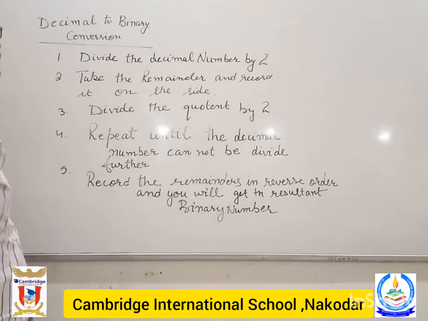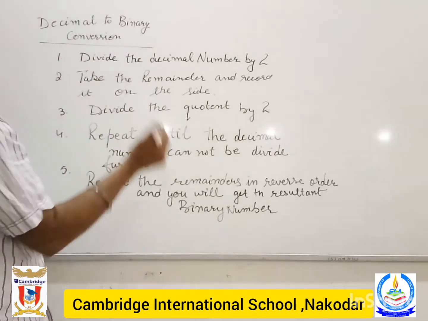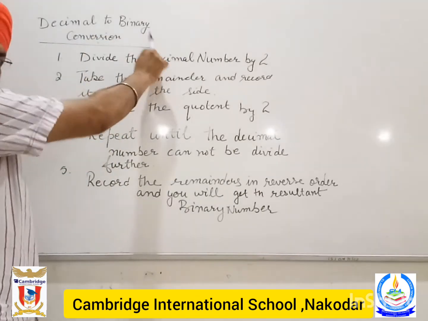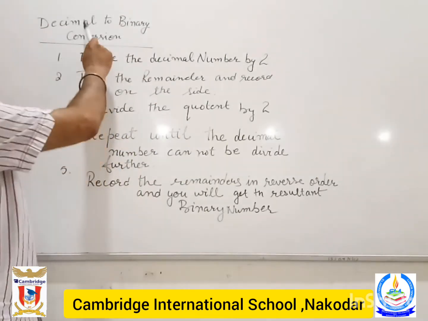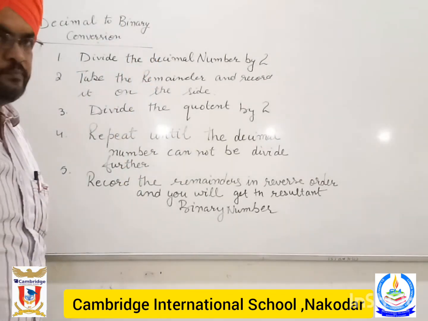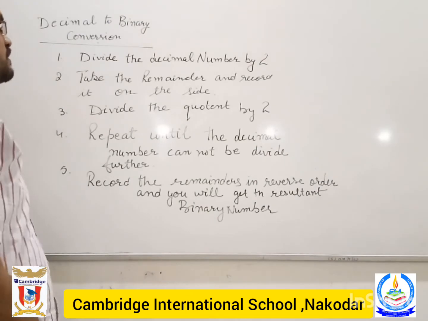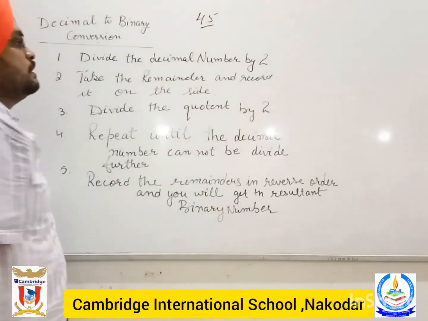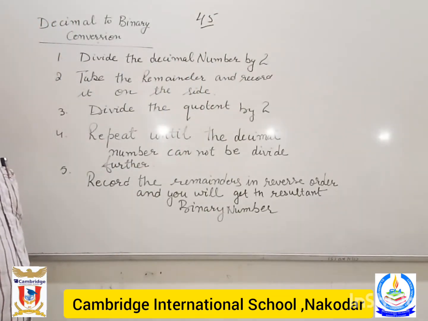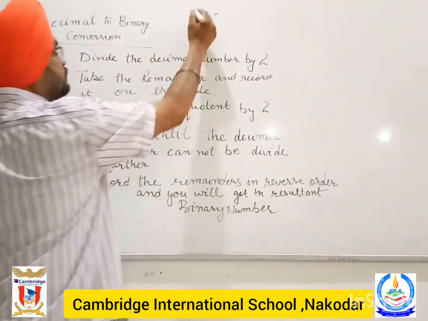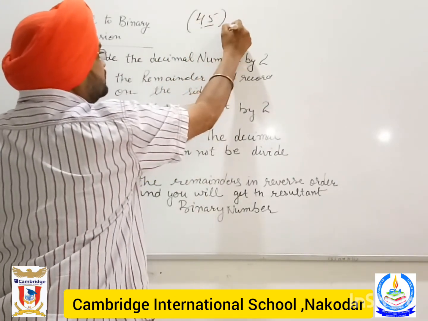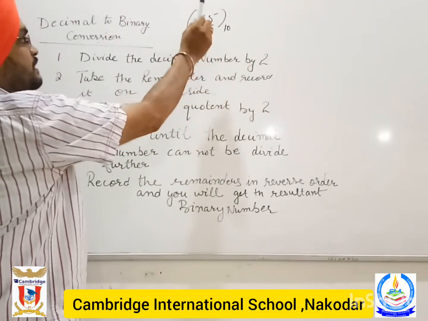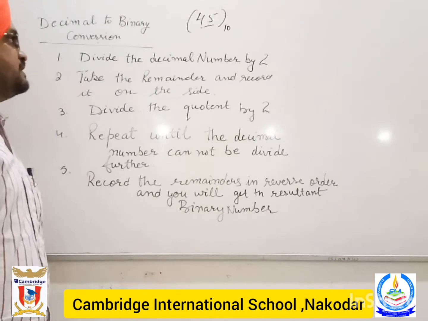So the next part of this chapter, which is most important, is conversion. Conversion from one number system to another number system. First we will start from the decimal number system to binary number system. Take any decimal number, suppose I take 45. Now we will convert it into binary number system. As you know, it can be represented like this. With this radix you come to know that this is the decimal number system, because decimal's base or radix is 10.